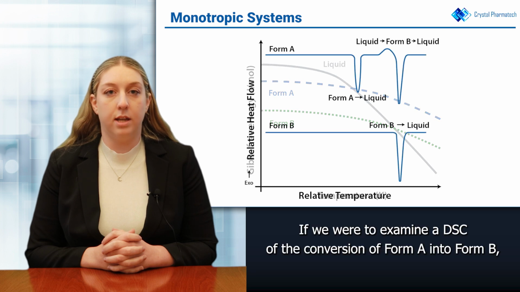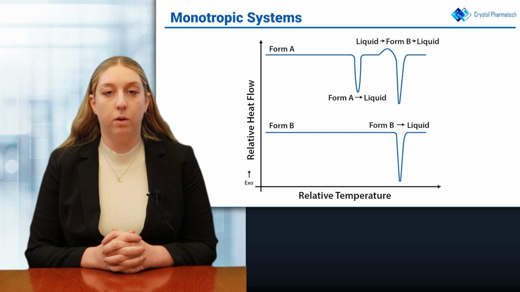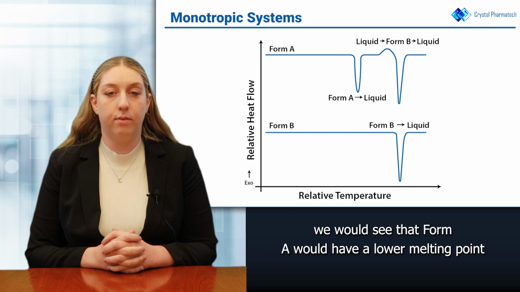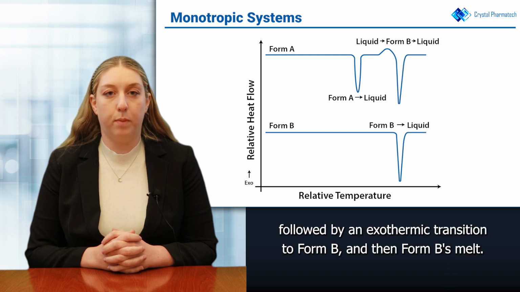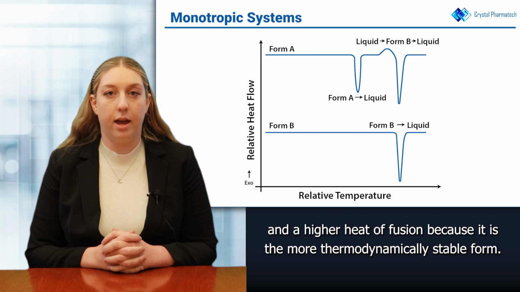If we were to examine a DSC of the conversion of Form A into Form B, we would see that Form A would have a lower melting point, followed by an exothermic transition to Form B, and then Form B's melt. Form B would have a higher melting point and a higher heat of fusion, because it is the more